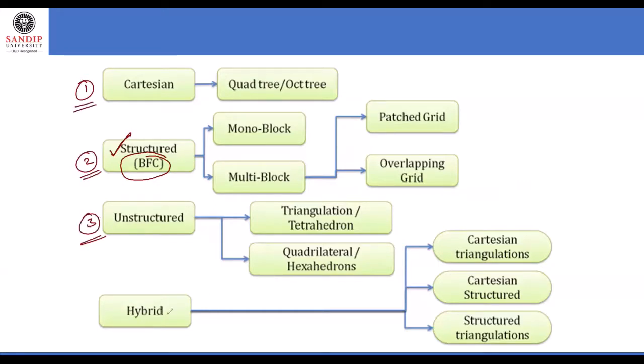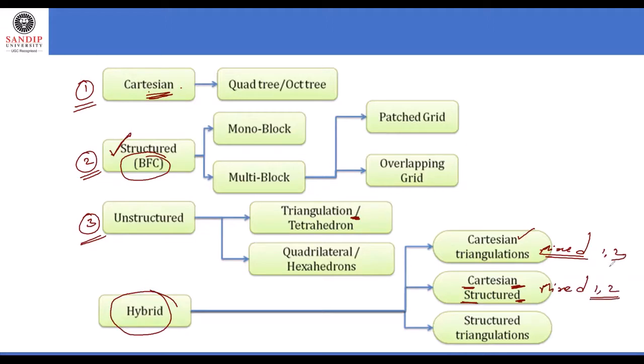Now here we are discussing the fourth one also. In the fourth grid generation method, we have Cartesian and triangulation. You just see the Cartesian triangulation method. That means one cell is from the Cartesian and triangulations, both are mixed in this one. It is mixed, so that is called a hybrid one. And here we have Cartesian and structured, and again, a second category mixed in this one. So that means a mixture of 1 and 2.